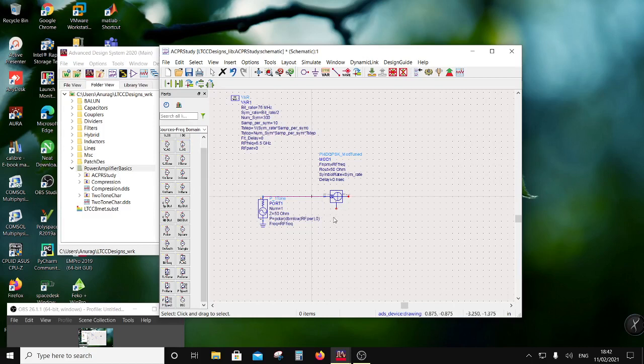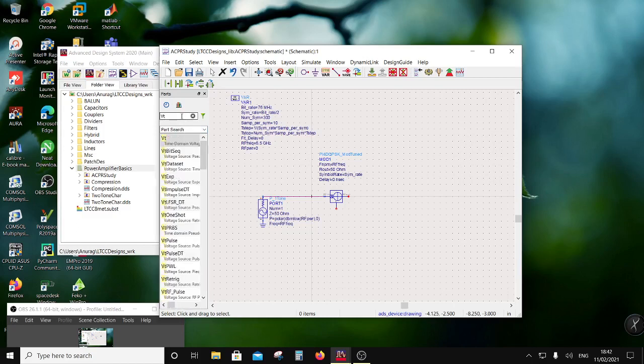Then I want to put a random number generator here, right? So for that random number generator I need a time domain source. So let's look at VT-LFSR, left shift register with feedback, right? So this is the one, right? Okay,